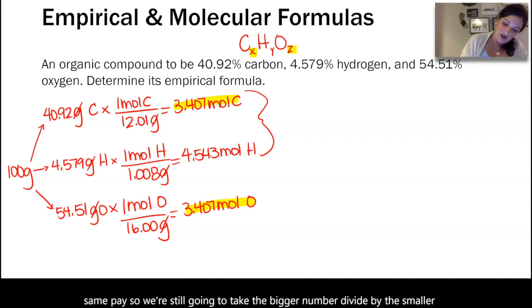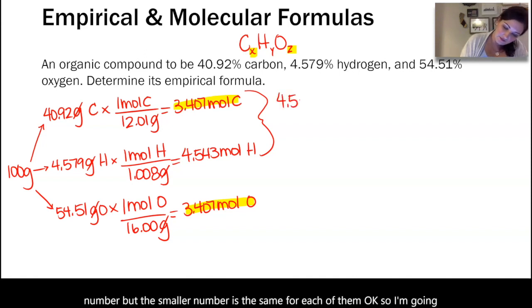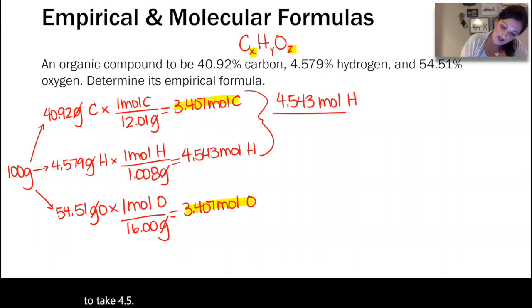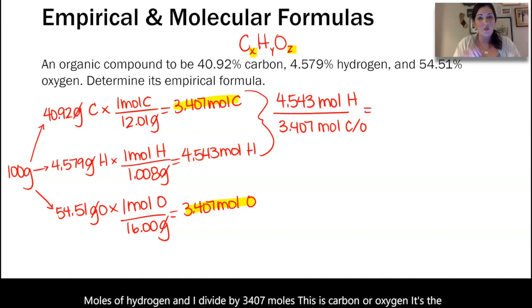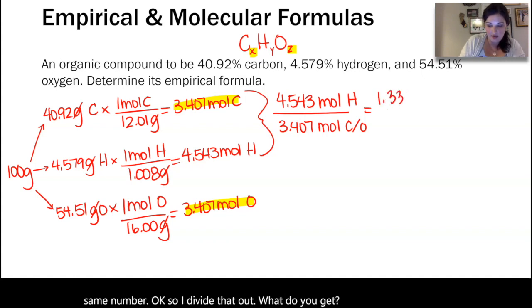So I'm going to take 4.543 moles of hydrogen and divide by 3.407 moles. This is carbon or oxygen, it's the same number. I divide that out. What do you get? We get 1.333 over